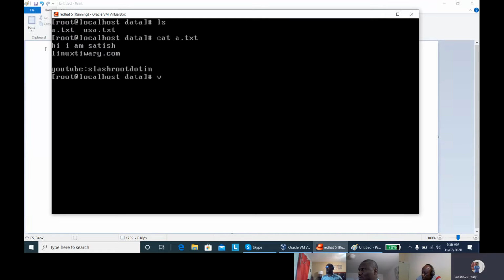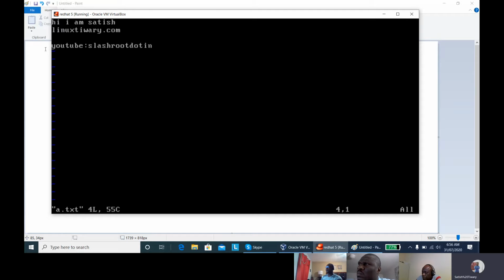If you want to password protect this file again, there is another method to password protect a file. This method is for when you are writing some code inside a file and from there you want to encrypt that file. Just press escape, then colon, and here type capital X, and then press enter.